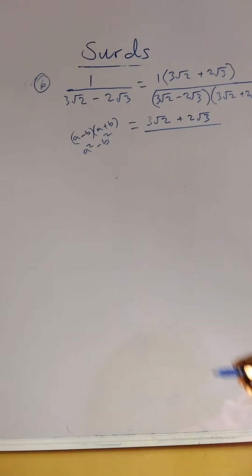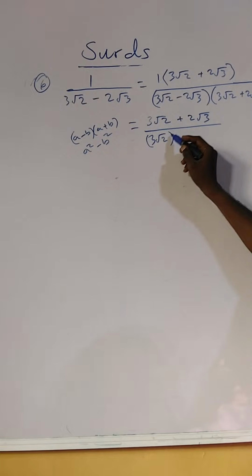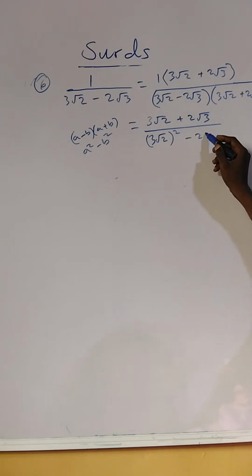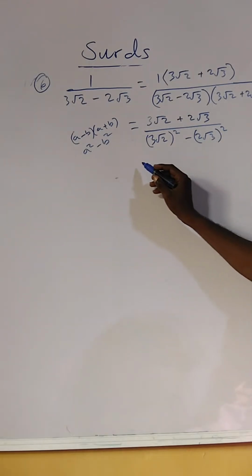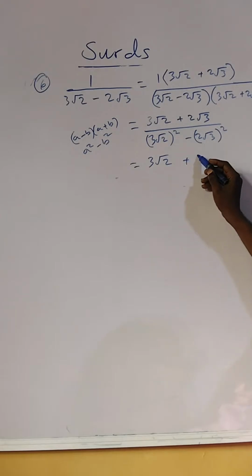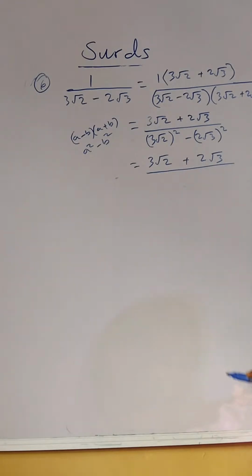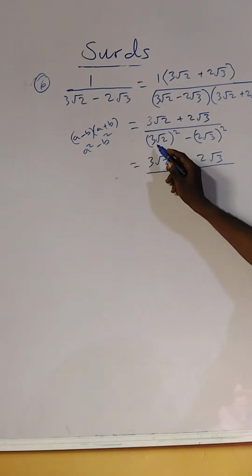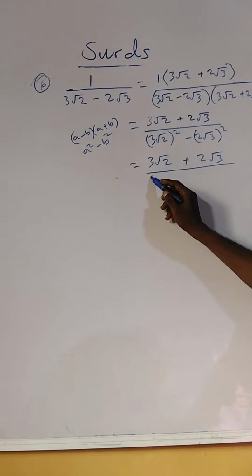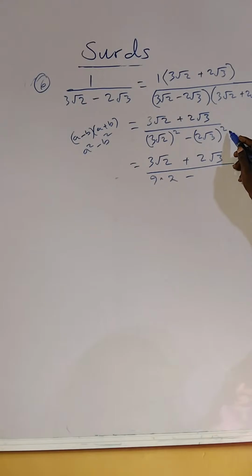That is, here we have 3 root 2 squared minus 2 root 3 all squared. Then here we have 3 root 2 plus 2 root 3 over, when we square this, the square will affect 3 and root 2. That is 3 squared, that's 9, times root 2 squared, that's 2, minus also 2 squared, 4, times